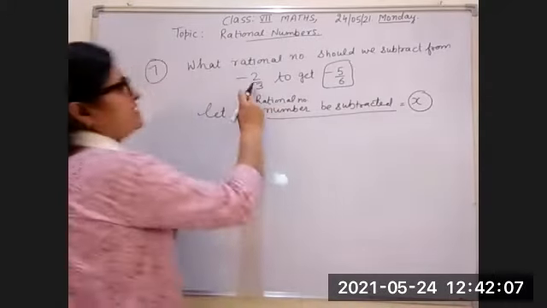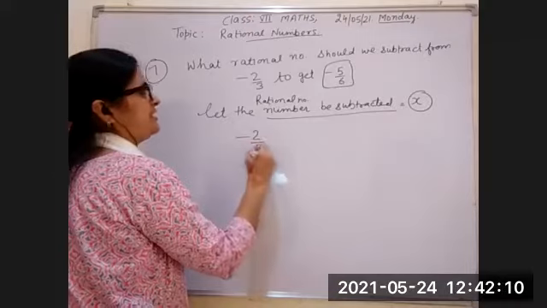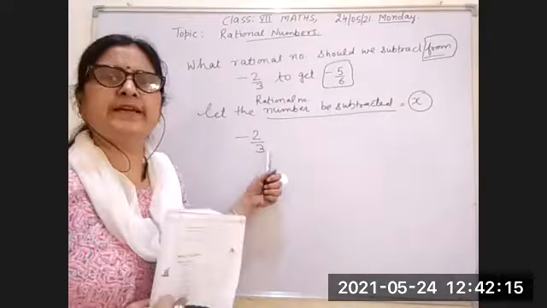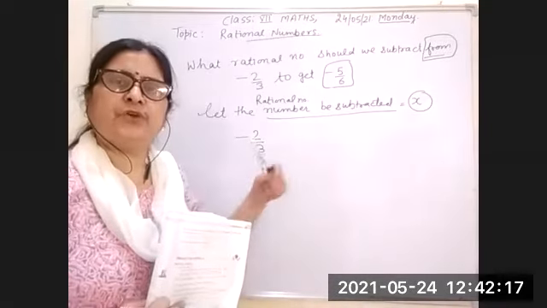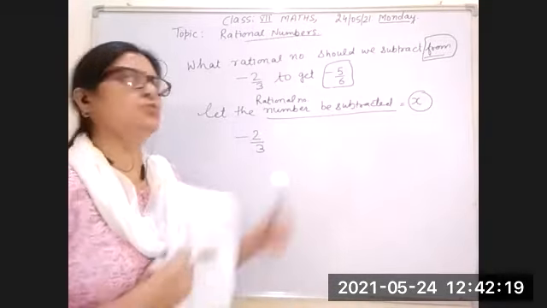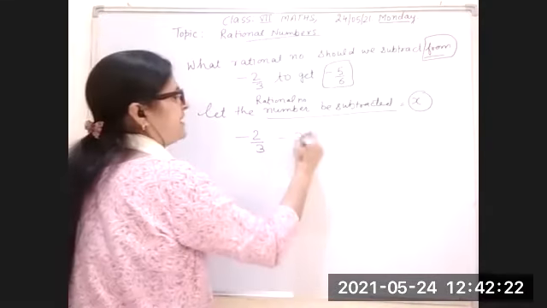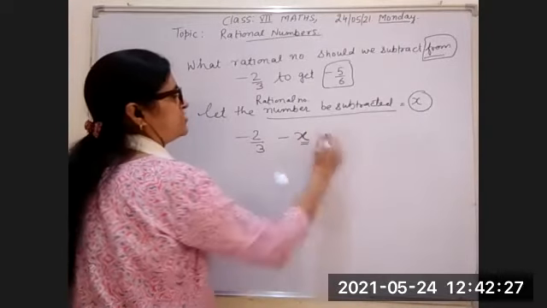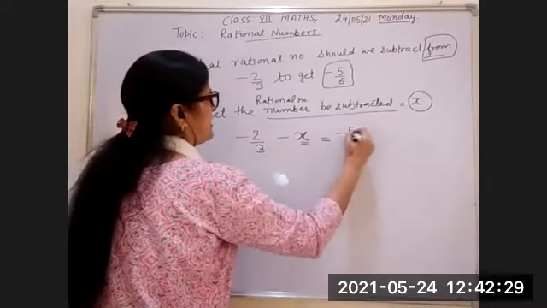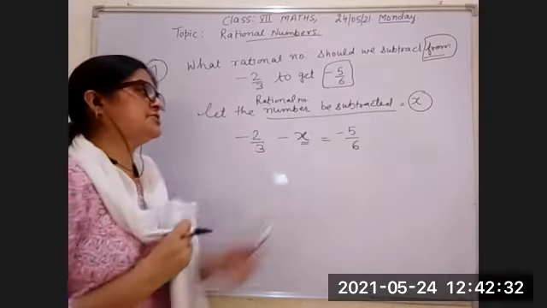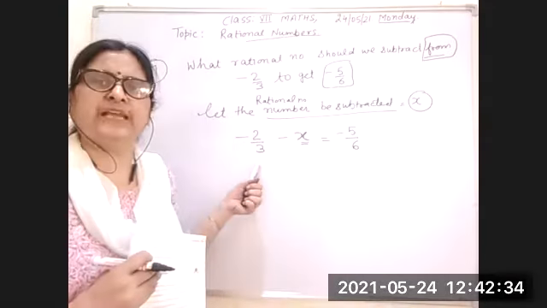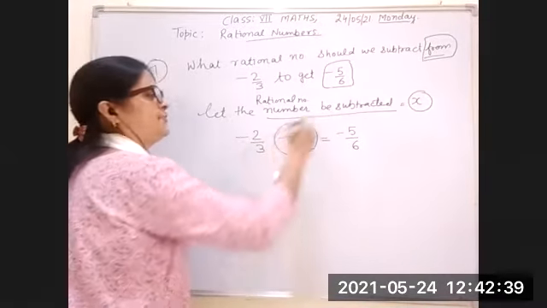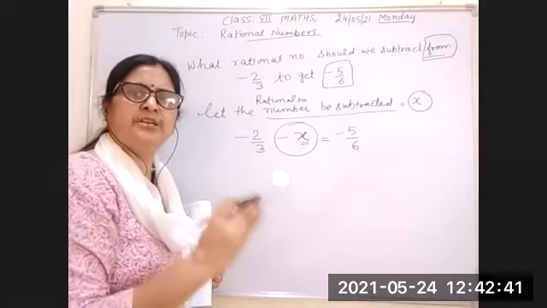And if I subtract x from minus 2 upon 3, here it is given in the question from, so I have to write it first, from which it is subtracted, minus 2 upon 3. So if I subtract x from minus 2 upon 3, the result is minus 5 upon 6. First, you have to write this equation, then you have to solve this. Now your x is given in the negative form. So how does it become positive?